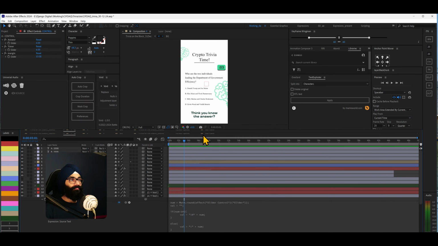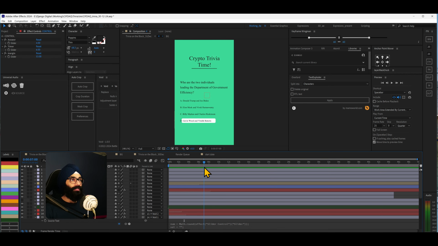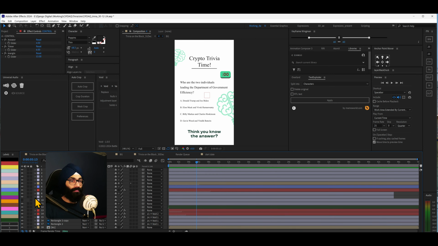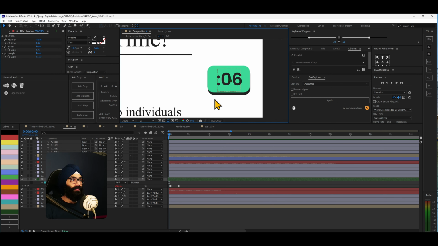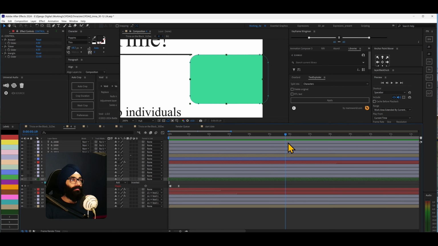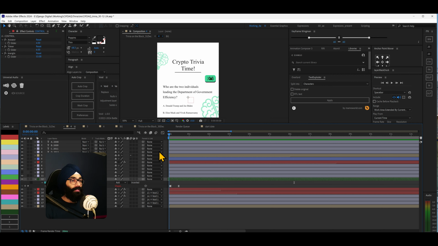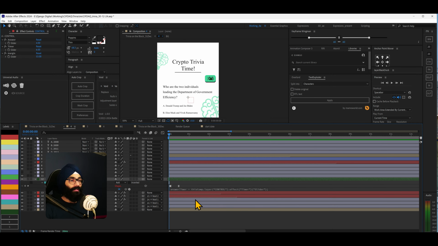Now once the counter is in place, what is the next thing? We want this mask to open up. Now that is interesting because this is something I didn't know, and I took ChatGPT's help for this. This mask is just a green color layer, and we have added this mask path. It's a mask path, and it is getting keyframes, right? So the mask path is going from being nothing to covering up the entire screen. Now what is the expression here that is being used?